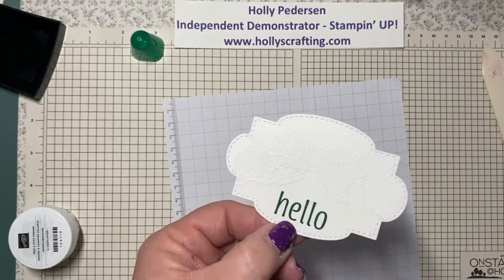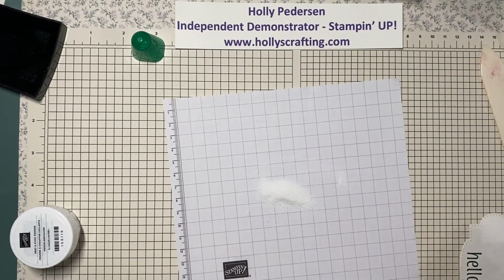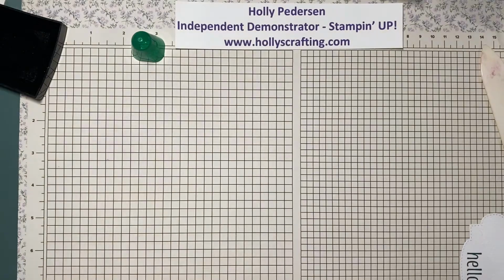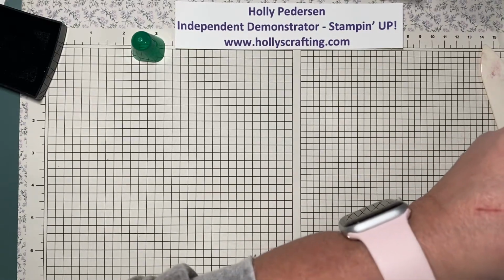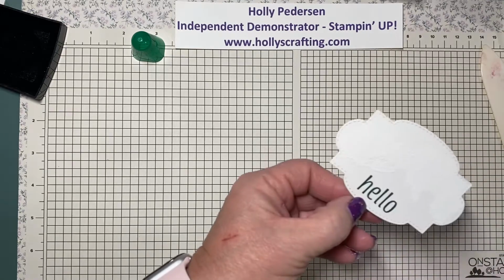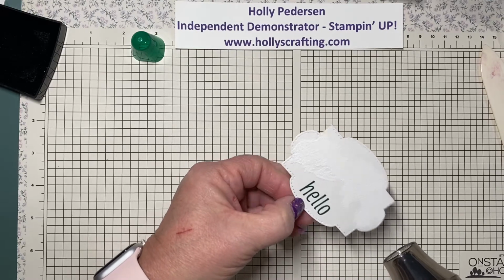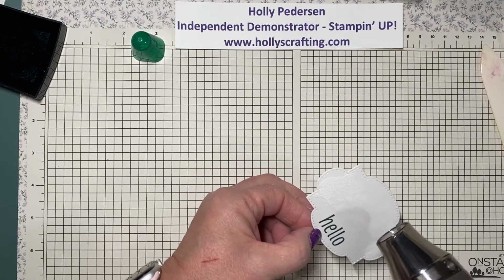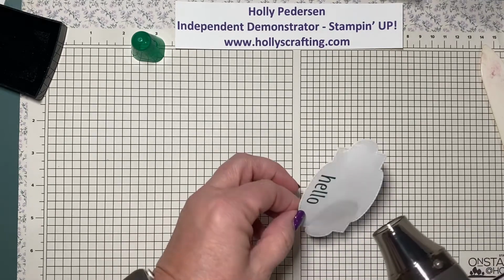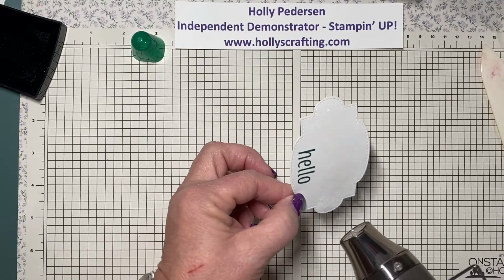What that's going to do, it's going to turn it slightly shiny, and it's going to turn it into glue for me. Let me get this out of my way. I could see me spilling that everywhere. That wouldn't be nice. Okay, bear with me while I turn on my heat tool. Make sure you don't burn your fingers. Your heat tool gets really hot. So then when that's all shiny,